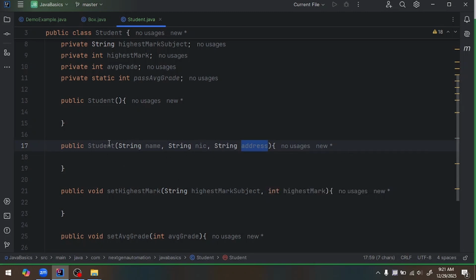So you can still create objects of this student class calling this constructor. At the moment of object creation, you can automatically assign some values to these three parameters. That means name, nic, and address. So how can we